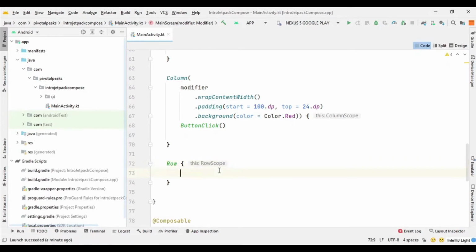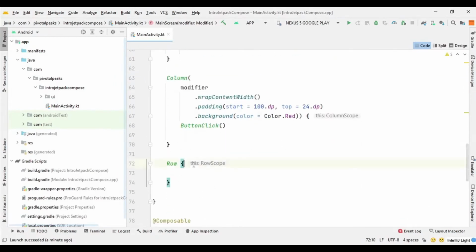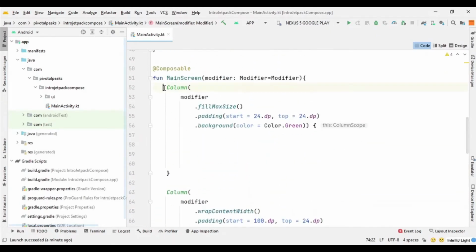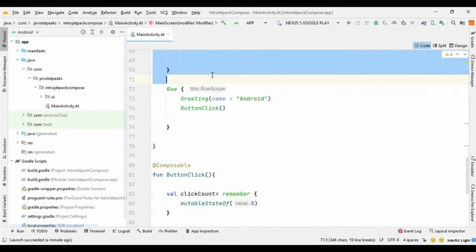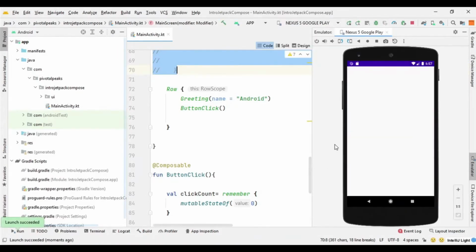So I will just cut it and put here to let you see how it works. And I can put these two columns inside it, and let's run it. So you will see how row works and how it is different from column. So you can see this is how row works. So if you want your components in horizontal orientation, then you will use a row.